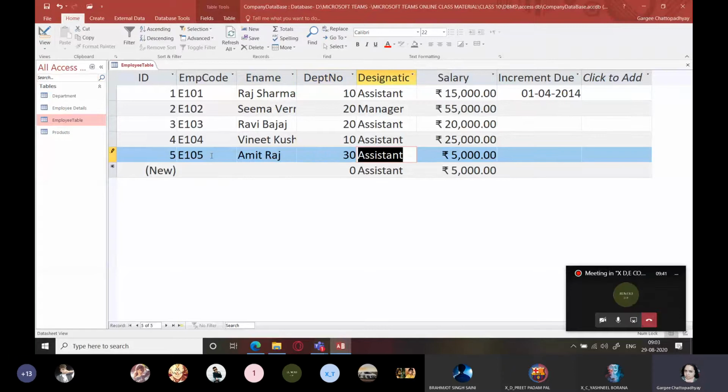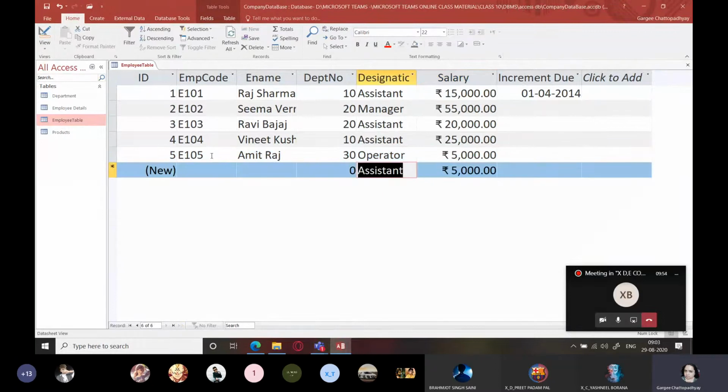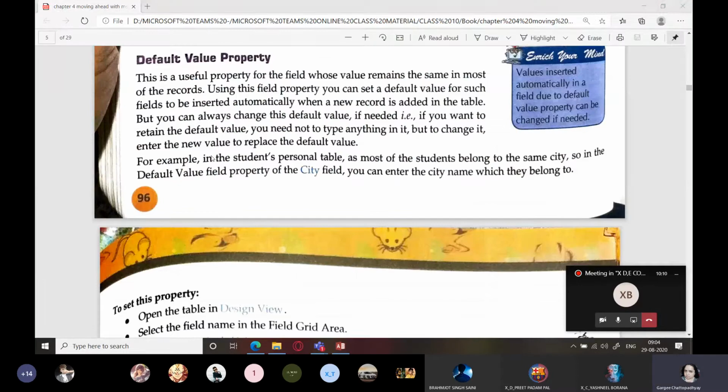I don't like the designation assistant, or Amit Raj is not an assistant, maybe he is an operator. So I can change that according to my requirement. But if I want, I can even leave this as assistant, because I can see that most of the employees work as assistant. So you can take the default value as the value which is frequently used in that field. Next is